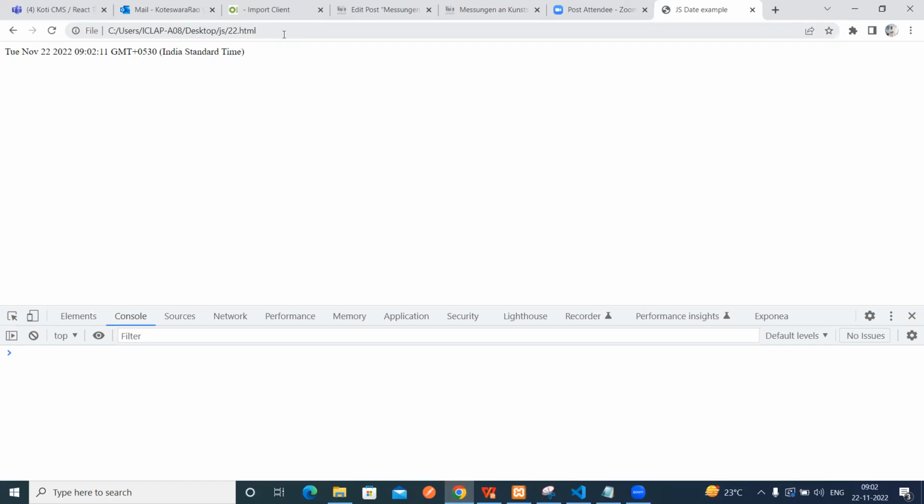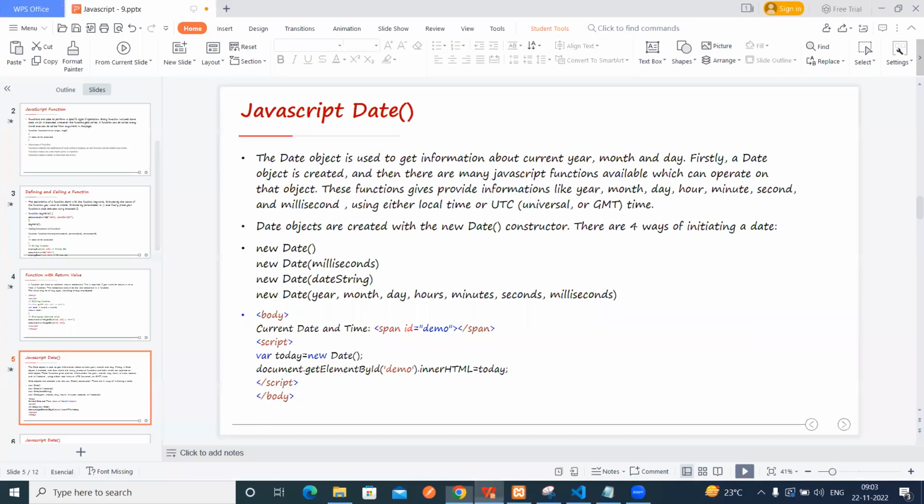If your browser is set to the Indian time zone, that's why it is showing this. If your browser is set to another time zone, you will get that other time zone. Okay, clear? So this is the JavaScript default date format, and this way we can print the date in JavaScript. Clear? So the next one is